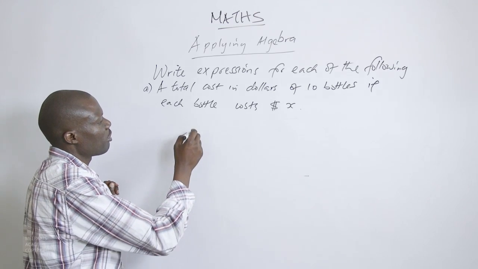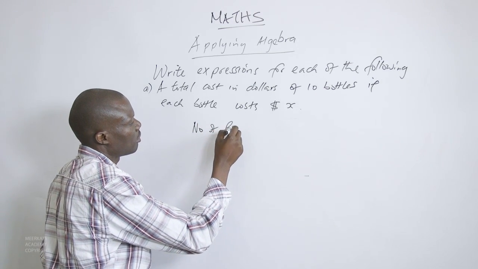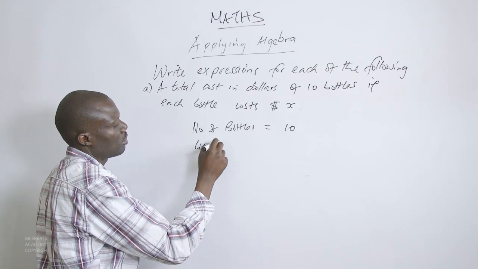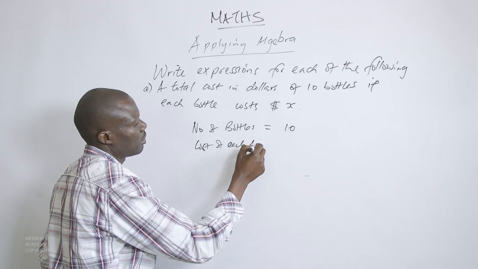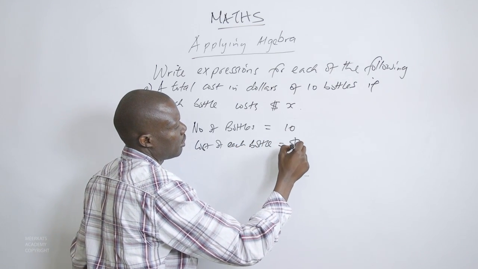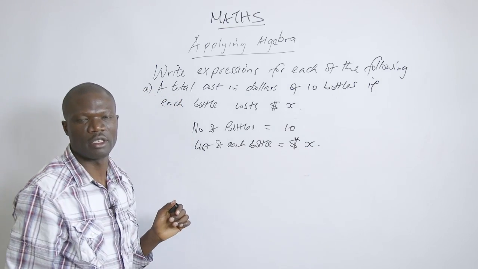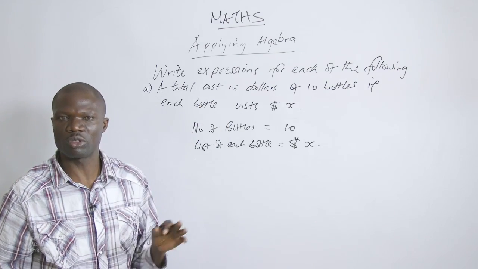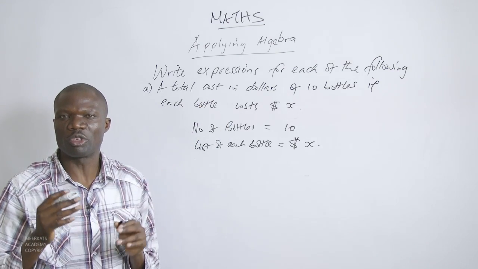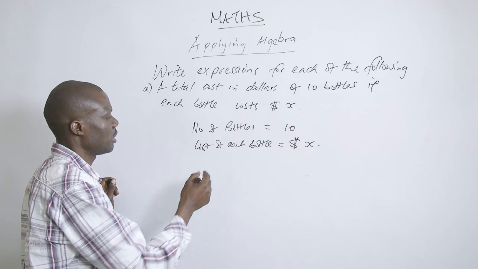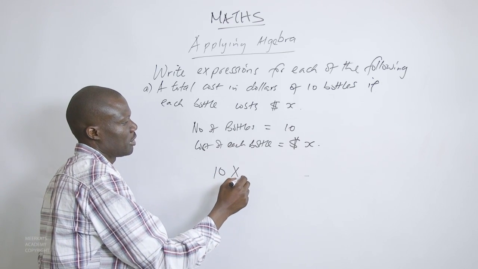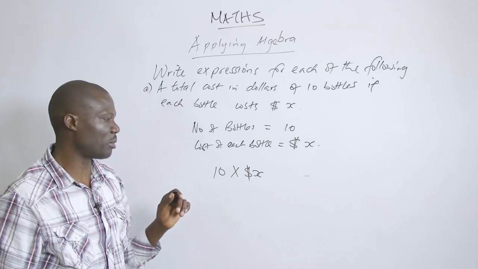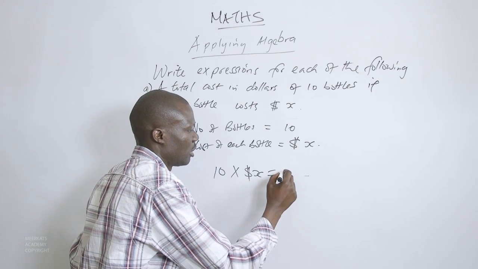So total number of bottles are 10. Cost of each bottle is X dollars. So if we want to find the total cost of all these bottles, we shall take the number of bottles multiplied by the cost of each bottle. That means this one will be 10 times X dollars. If you multiply that, you'll find that the total cost will be